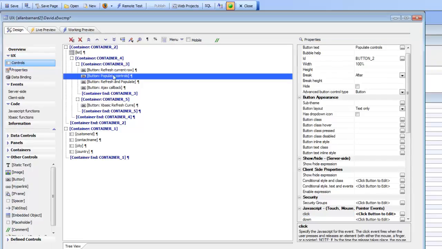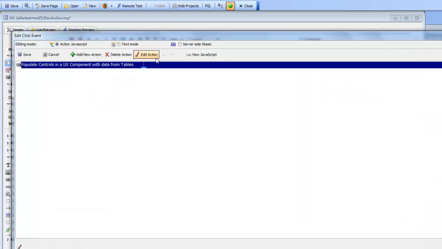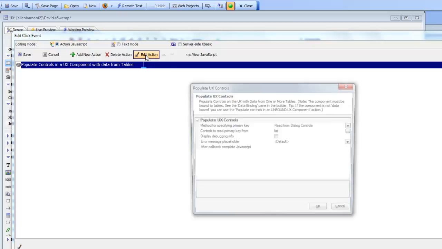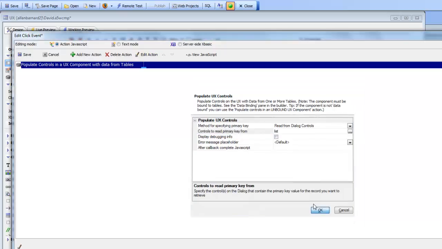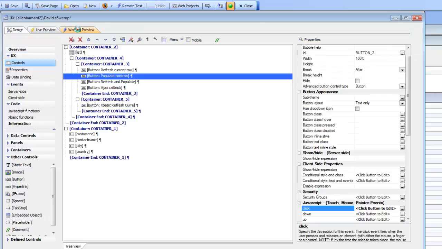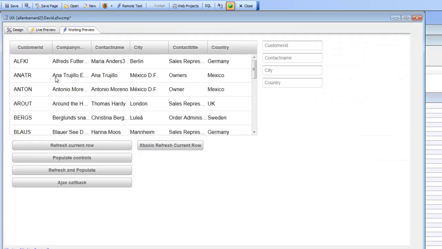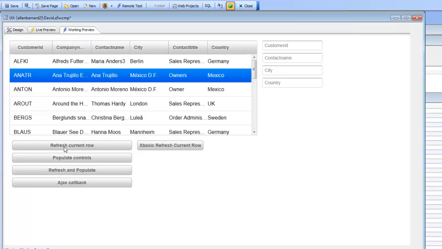Then we have another button, and if we look at the definition of this button, we can see it's also using action JavaScript, and this time we're populating controls on the dialog that are data bound based on the primary key that will be read from the list. So if we go to this row and then click refresh